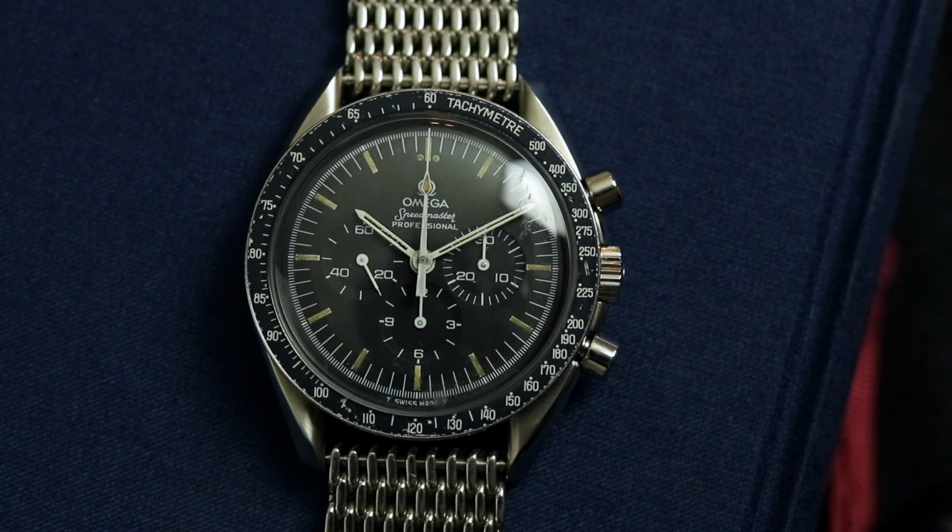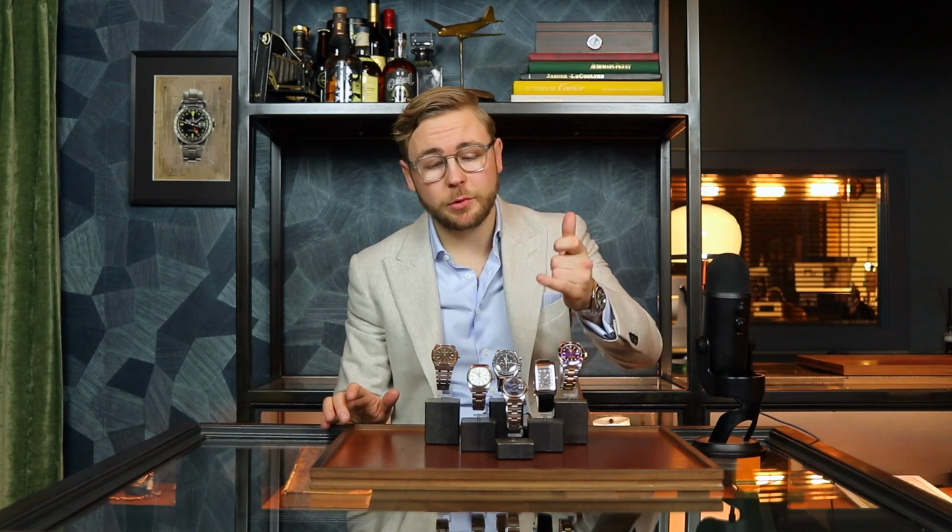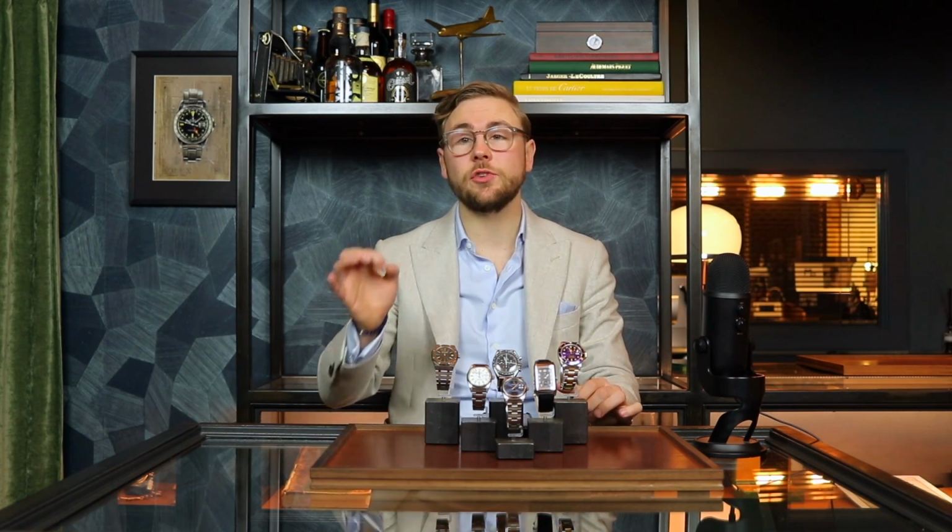Omega Speedmaster. This caliber 861 powered Omega Speedmaster 145022 dates back to 1983. It's of course a classic watch, coming with the tritium dial and tritium hands. Furthermore, it's coming with a twist. Take a look at the mesh bracelet. Kinda cool, ain't it? Yes, it is. They produced these mesh bracelets also for Speedmasters during the course of the 70s and the 80s. This watch dating back to 1983, pairing very well with this mesh bracelet. The Speedmaster is priced at €4,900, and if you add 1,000 more, you can purchase yourself a Jaeger LeCoultre Reverso